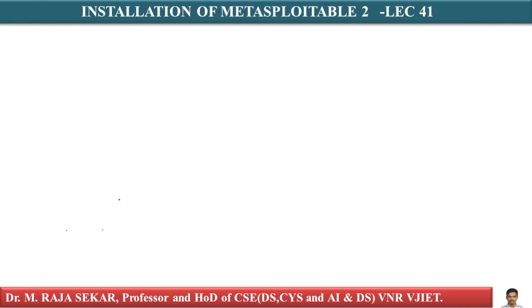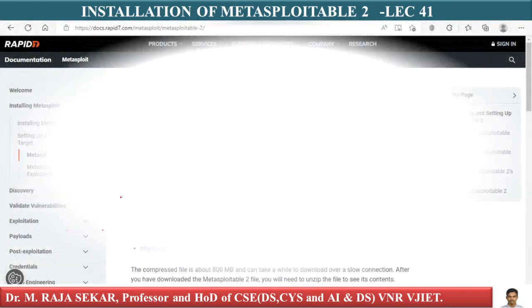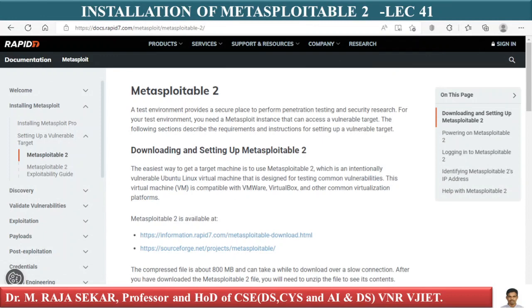In this lecture, we will try to understand installation of Metasploitable 2 in VirtualBox. To install Metasploitable 2, we have to download the installer of Metasploitable 2. First, go to its official website